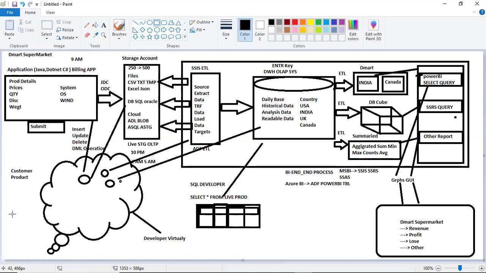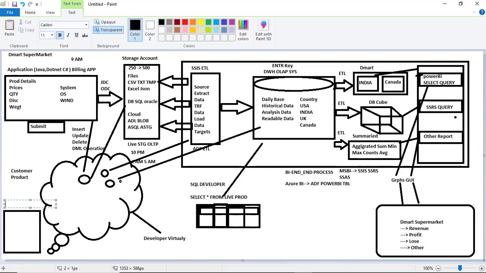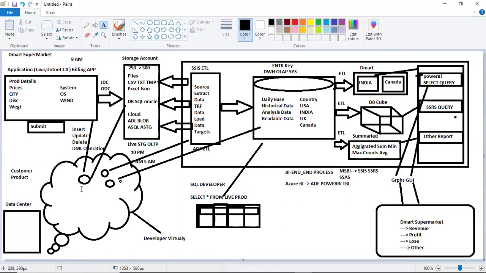So that means even though you are using it virtually, in the background they have a data center. Whatever storage account or database you select, the moment you say I want a storage account, it will be held under the data center.